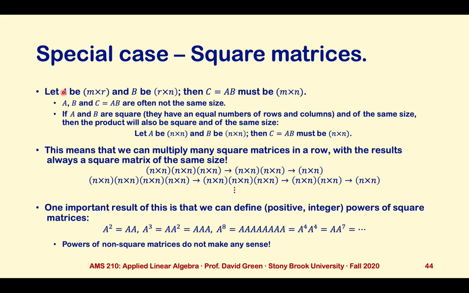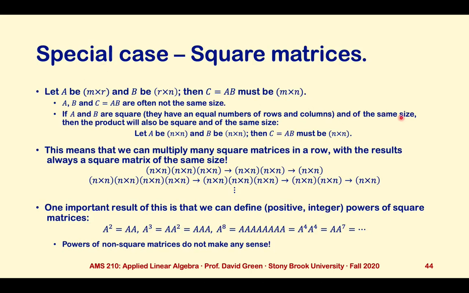For arbitrary matrices A and B, the product is often not the same size. Remember, the inner dimensions of A and B have to match, but they disappear. And so the product is an M by N matrix, where A was M by R and B was R by N. In general, the product will be of a different size. But if A and B are square, what we mean by a square matrix is a matrix that has exactly the same number of rows and columns,